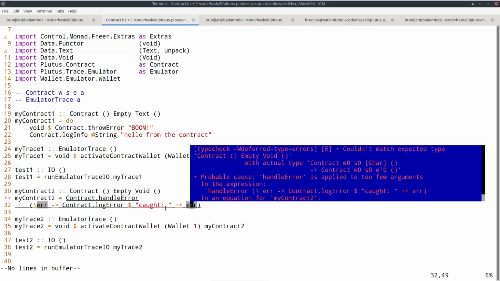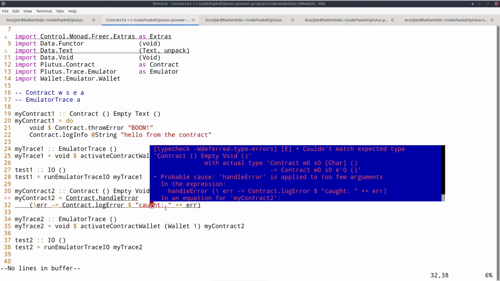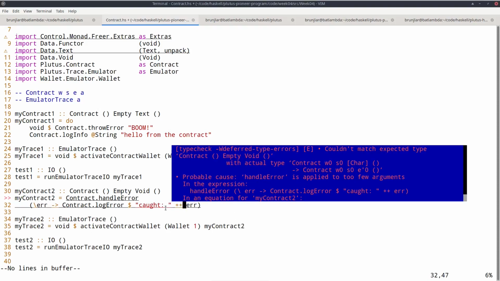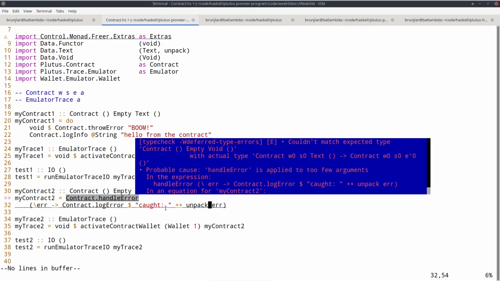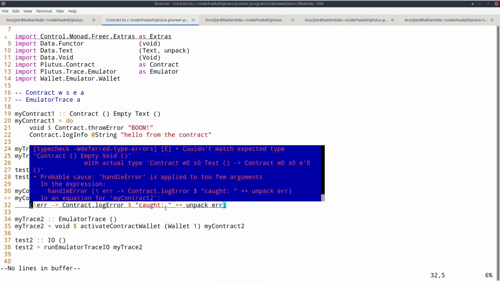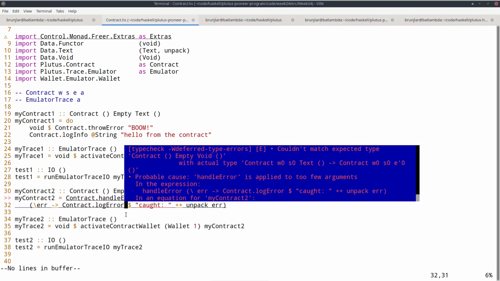But this won't compile because the error is of type text and this is of type string. But there's a way to convert from text to string. That's unpack, defined in Data.Text. So that converts a text to a string. Note that in this case, I don't have to specify at which type I'm invoking this, as I did here.